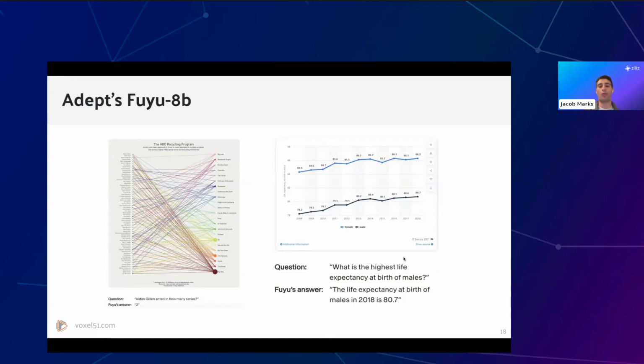And similarly, on the right-hand side, we have Fuyu taking in a chart here, which has male and female life expectancy, in this case, and a question about the life expectancy at birth for males. And then Fuyu was able to answer based on this chart.